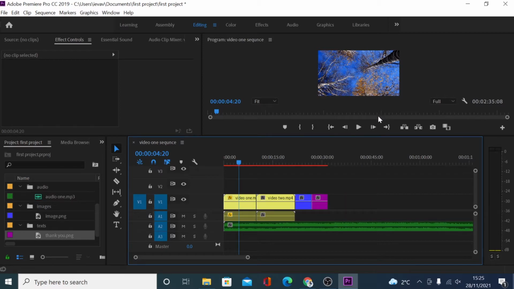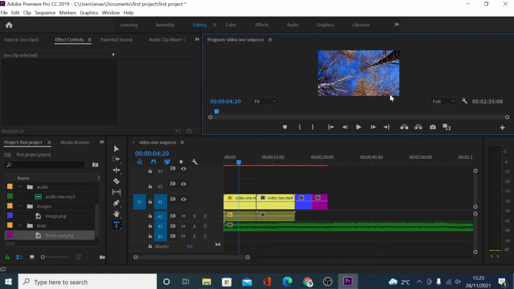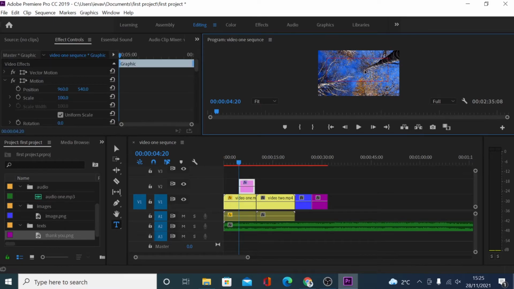Now, another most commonly used tool here is the text tool right here. If you click on the type tool, and then just go on your preview tab and drag some sort of frame where you would like your text to be displayed, you have the option now to type your text. Let's say I want to say thank you for watching. Okay, now from here on, if you go on the Effect Controls tab right here,